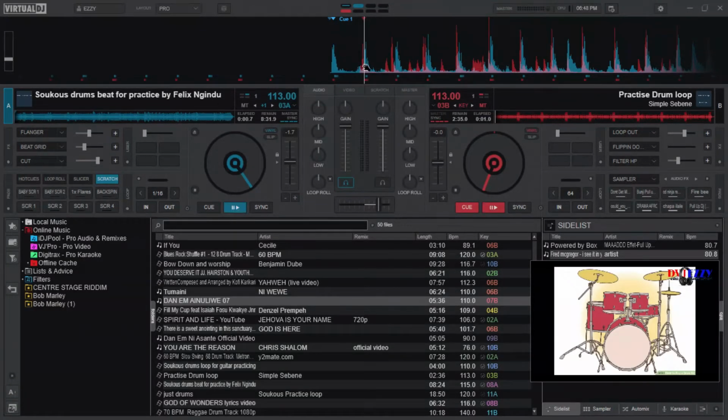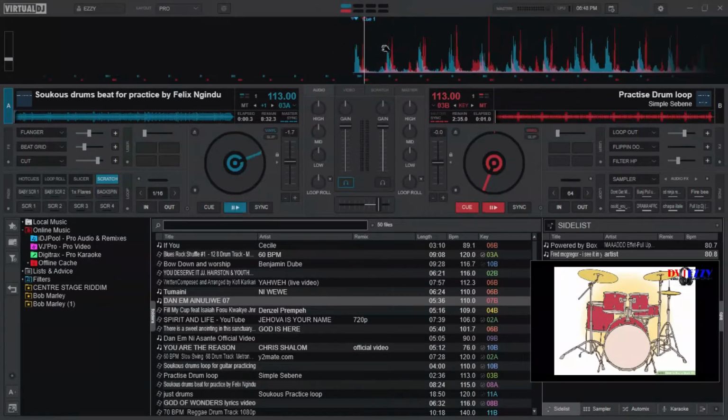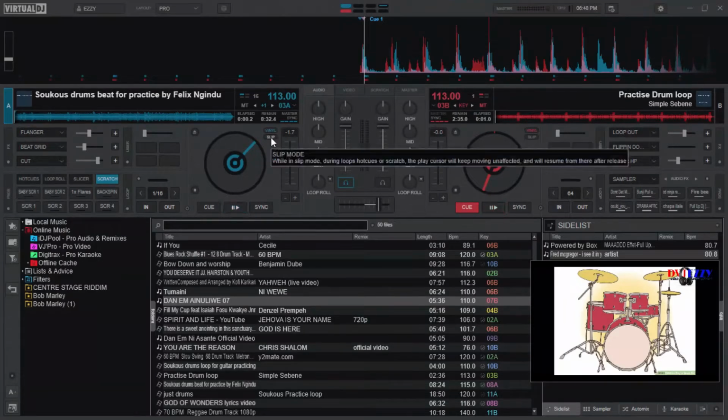I don't think it's audible because this is just the waveform. In versions below 8.0, I think it was audible. You could scratch from here, and it was weird. So at least for this one, they made sure that it's only on the jog wheel and the scratch area right here.